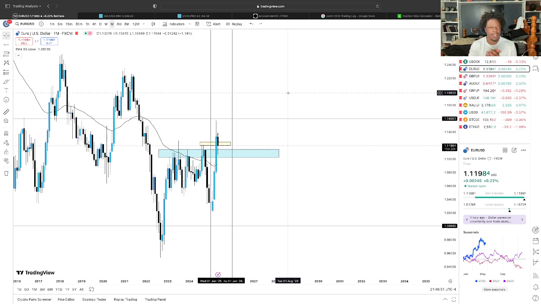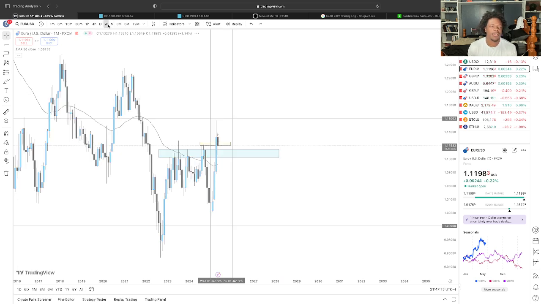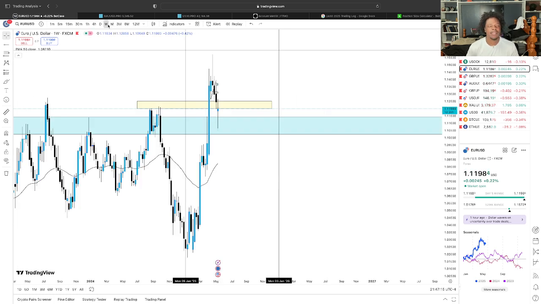So on the monthly time frame for the Euro USD, price action is open at 1.13 and has fallen 129 pips from its opening price down to 1.11, creating a bearish doji candle with a large lower wick, size of the candle body. Now if we go down to the weekly time frame,